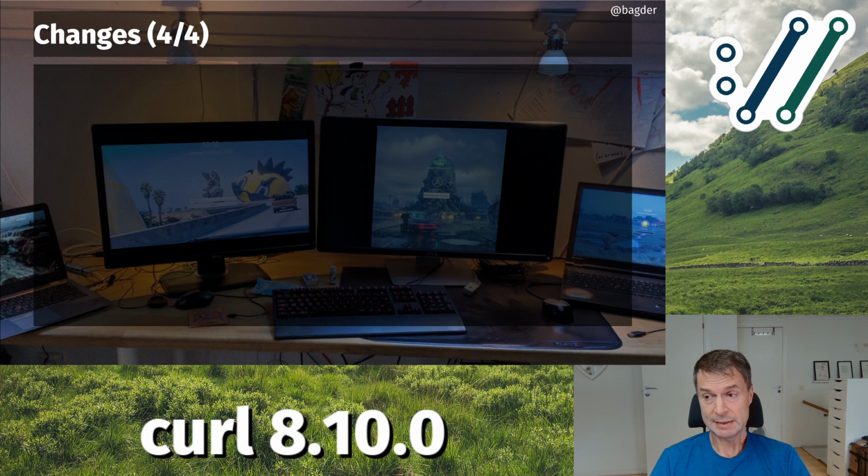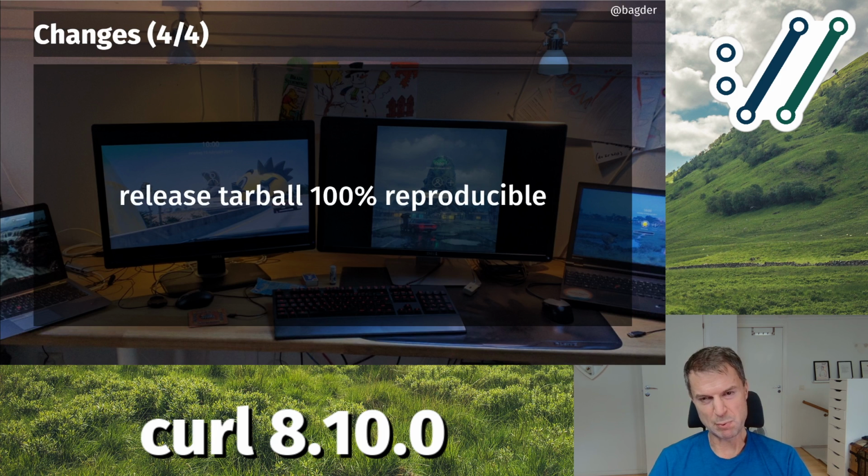And perhaps most important, or at least an important step, is that the release tarball is now 100% reproducible. This means that I build releases on my local machine and upload them, and now there's a script in the tarball called verify release. If you run that script on a tarball, the script will rebuild that tarball and verify that it ends up as the exact same binary copy of the release,